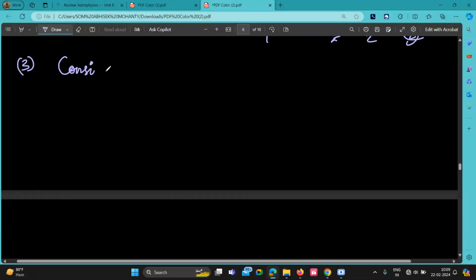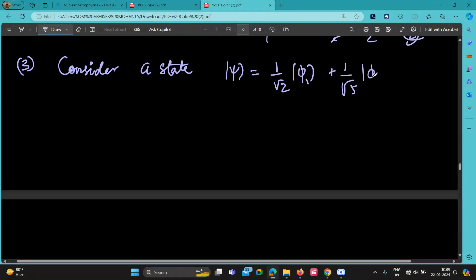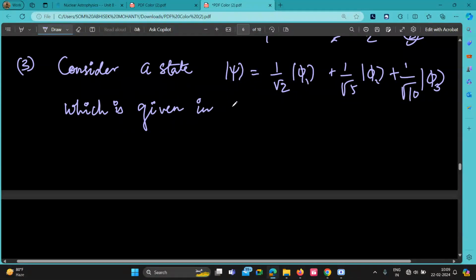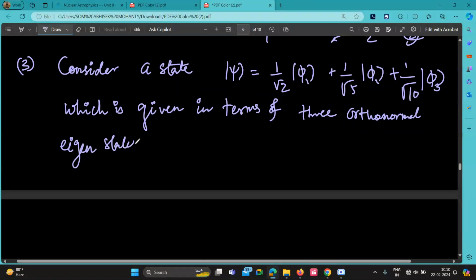Consider a state psi equal to 1 by root 2 phi 1 plus 1 by root 5 phi 2 plus 1 by root 10 phi 3, which is given in terms of three orthonormal eigenstates phi 1, phi 2, phi 3 of